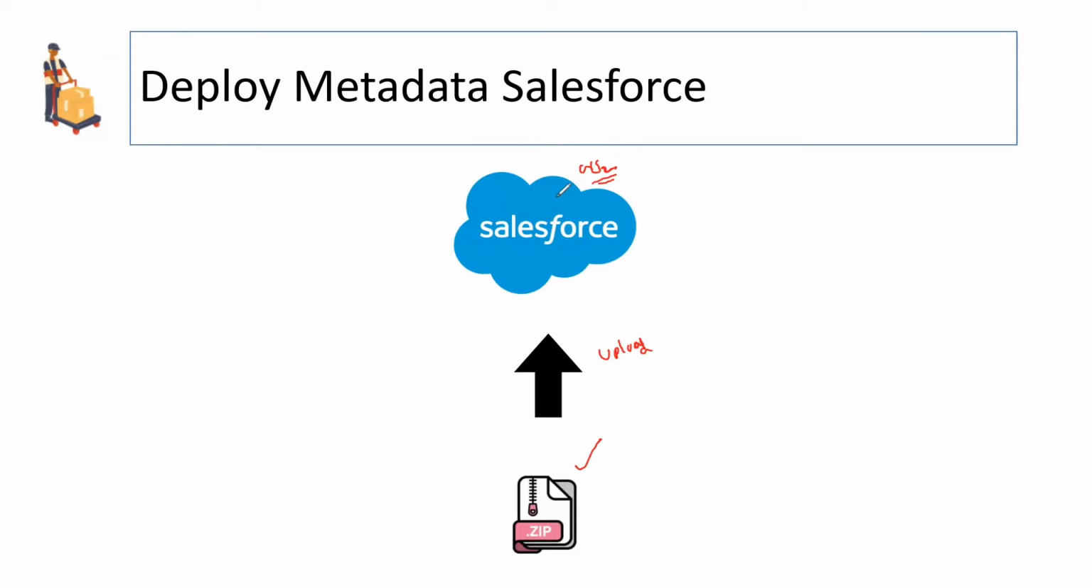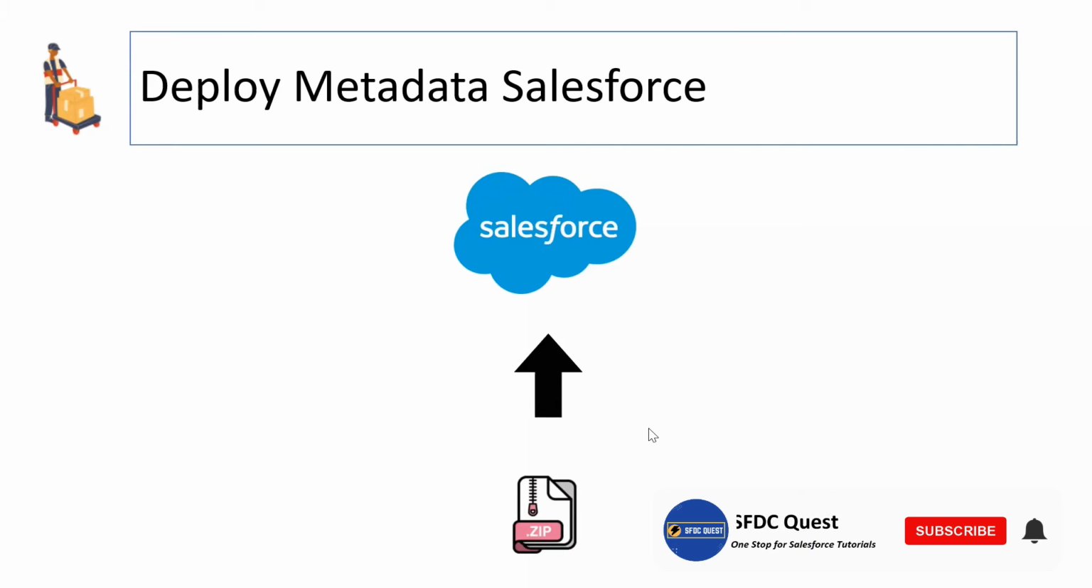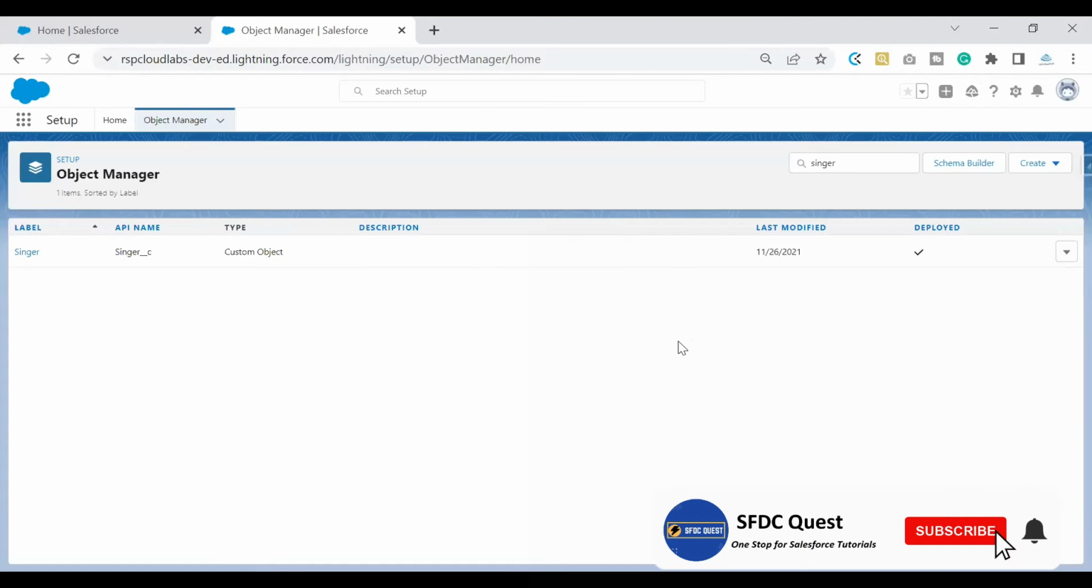That is where the latest changes would be appearing in your org. So that is what we'll do. Remember, we have a Singer object zip file from our previous discussion. I'll be making use of that Singer object zip file to create a new object, create a Singer object in